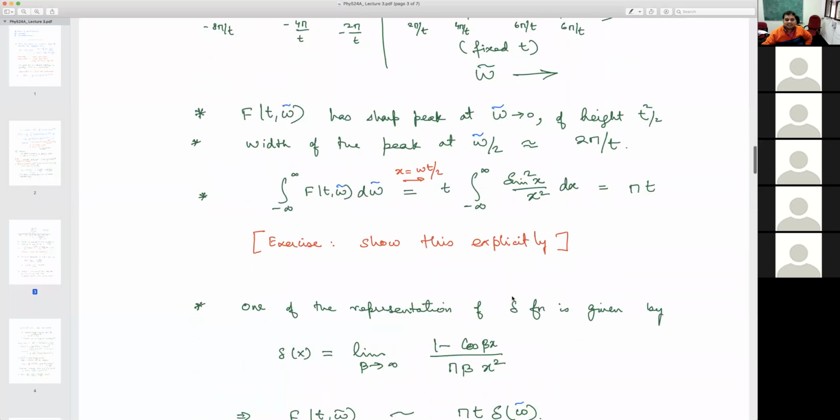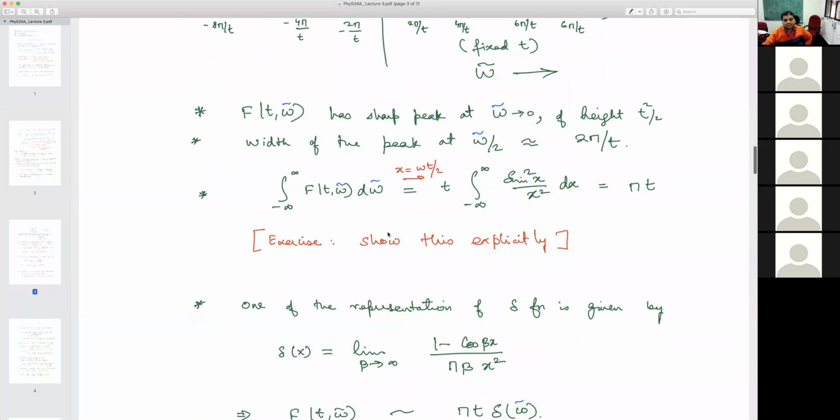Okay, so that was one, and this is relatively simple. So you can show that this equation basically gives you pi t. So these are basically the assignment problems for this week, let's say. And from next week, I'll give separate assignment problems, which we will discuss on Thursday. So let's maintain that. If you do not do problems, then you will all fail in my course.